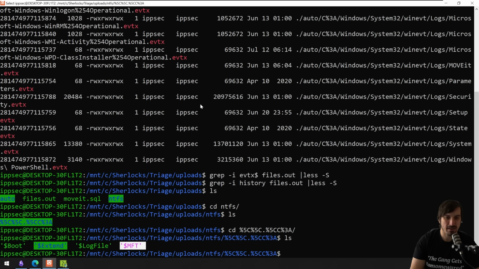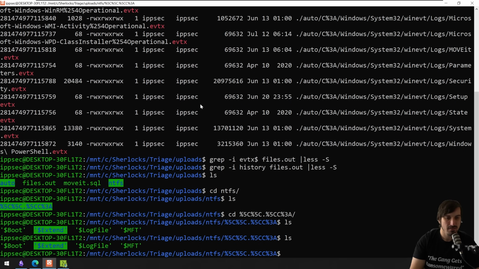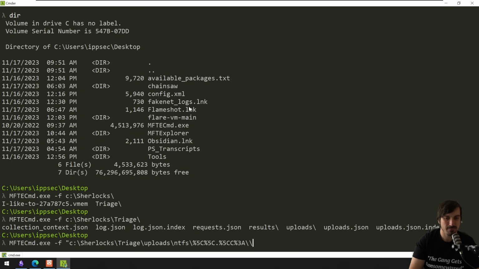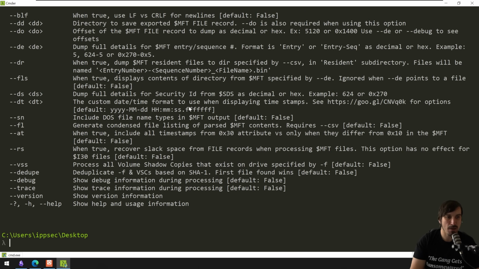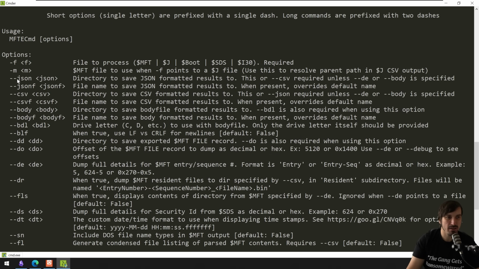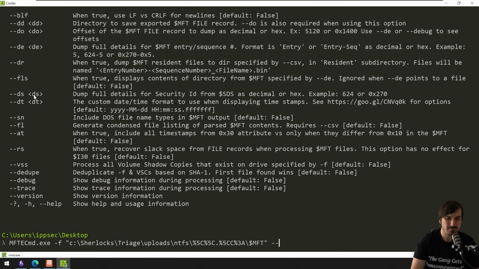Let's go back here. $MFT. Can I just do this? Is that going to work? We'll see. I'm going to do -H so I see all the options. I definitely wanted --json, and I'll do CSV as well. So we'll do JSON,